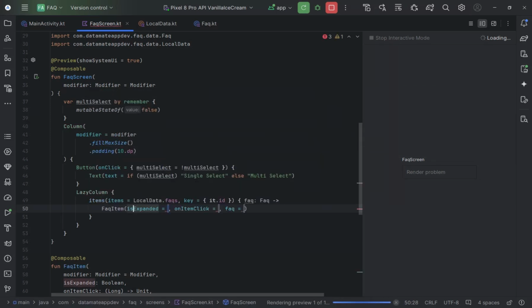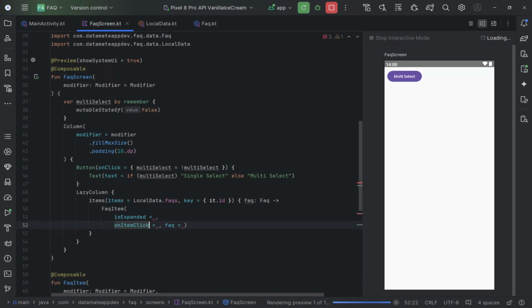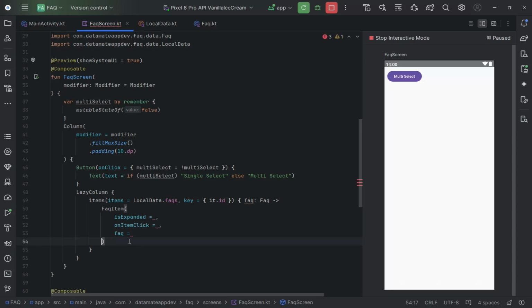The FAQ item requires 3 parameters. For now we just have this FAQ here. FAQ. On item click, for now let's just do this and false,